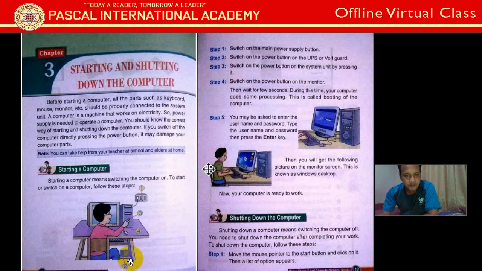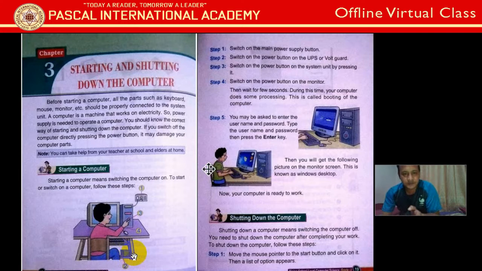Number two goes to the bottom. There's a small box you can see there. That box can be a volt guard or a UPS. UPS means uninterrupted power supply. When you don't have power, it will give you a few minutes of backup, because a battery is installed inside the UPS itself.